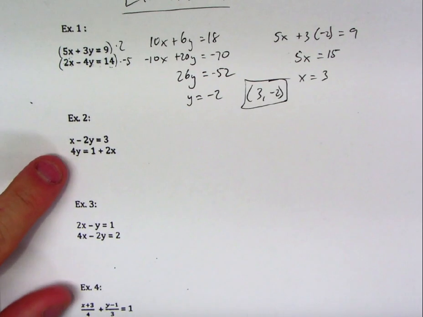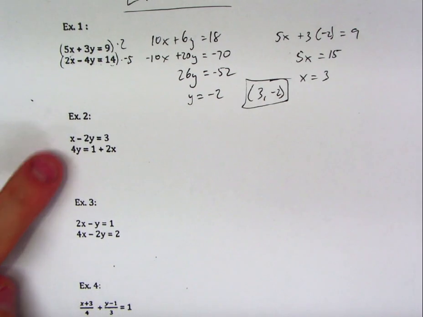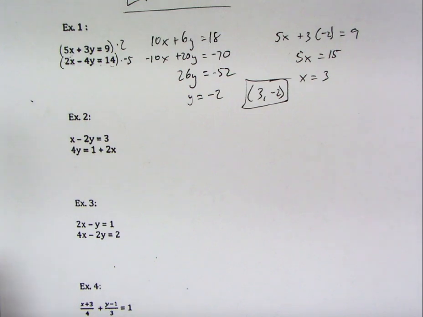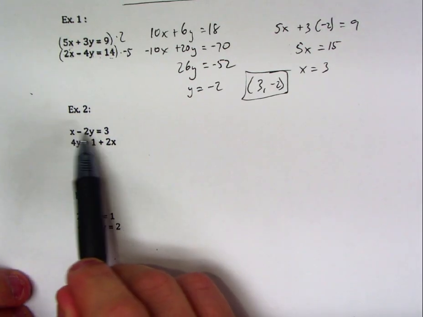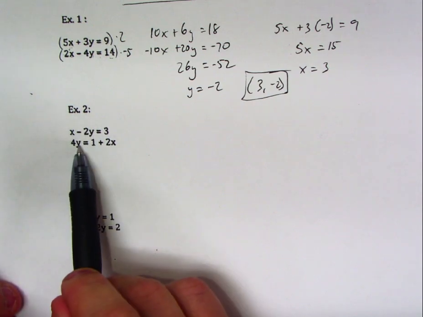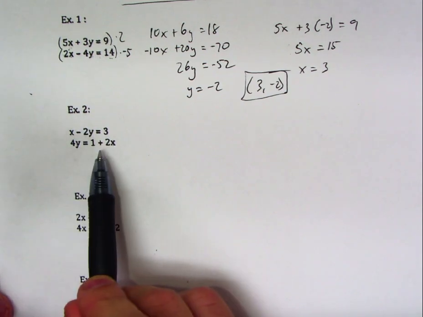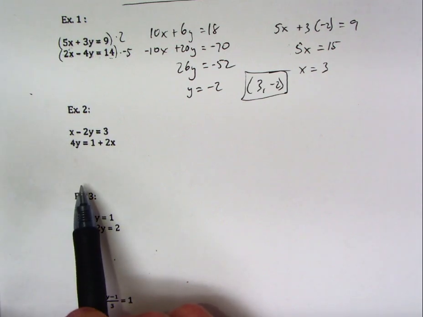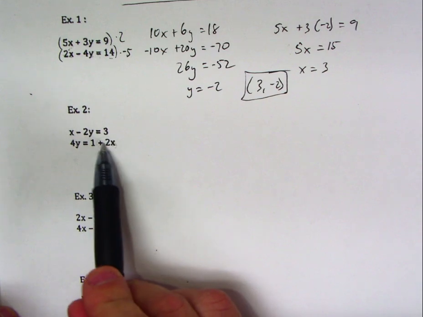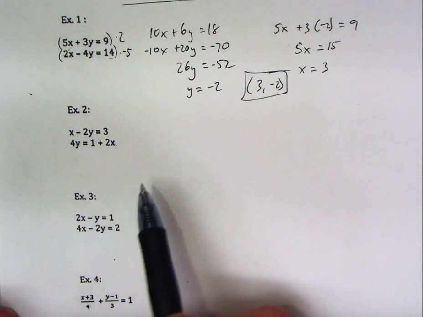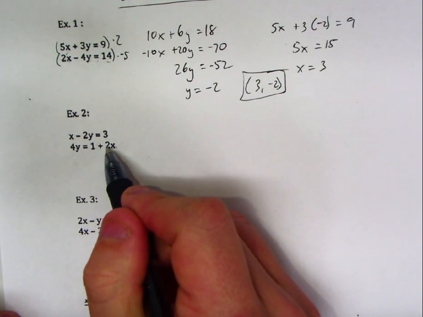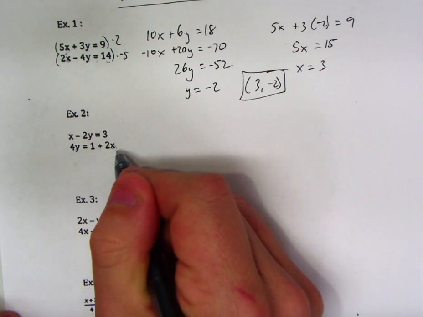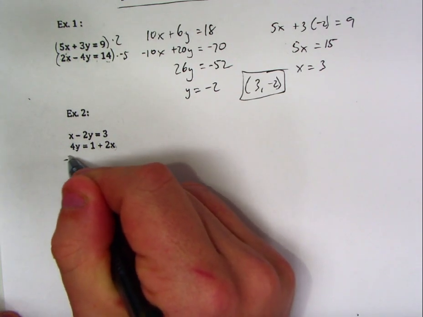Now sometimes, I have this system here, example 2. Sometimes the terms aren't lined up as they need to be. So if I look here, notice how I have x and y on the left side, and then over here I have y on the left and x on the right. So before I do anything with elimination, I want to line all the terms up. All I really need to do is subtract this 2x over to the left to make that happen. So I'm going to move this 2x over, and I'm just going to rewrite the bottom equation as negative 2x